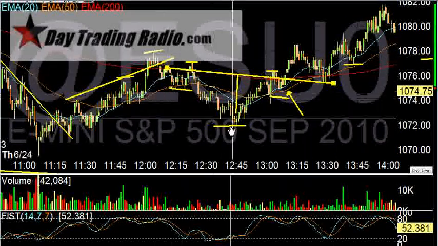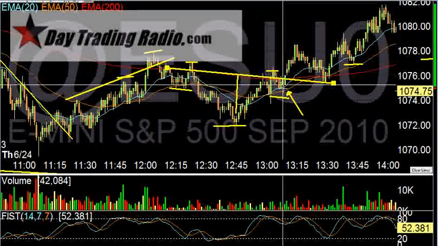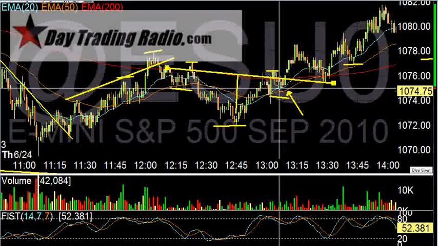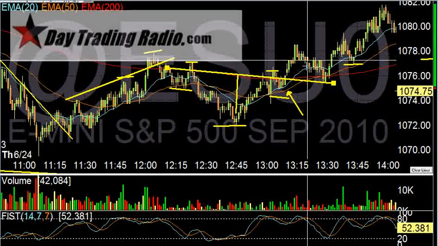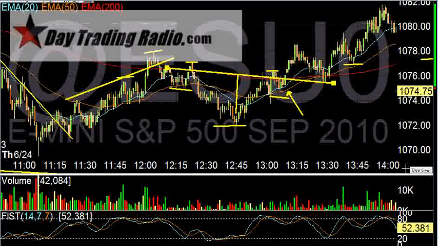So you're seeing this little inverted head and shoulders pattern, and then once you get that break, and right here we're actually holding the right shoulder on the 20 period moving average, and even on the 1 minute chart that becomes an important average, especially on any type of breakout. So we got the break out of that trend line, and look at this. Lo and behold, we got a retest to that trend line. It comes right down, nails it, and then it's off to the races with the market.